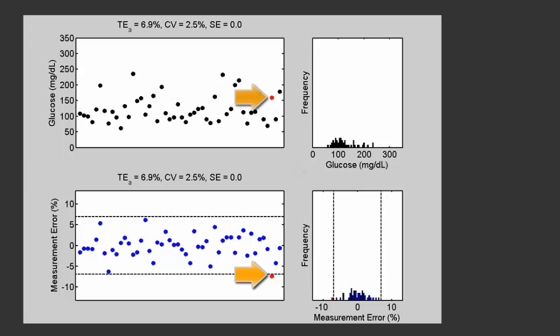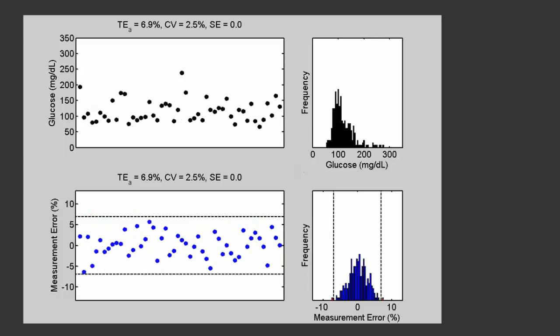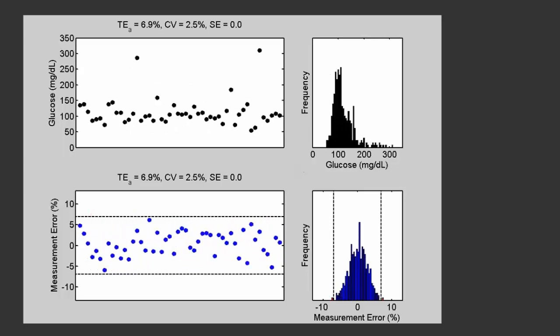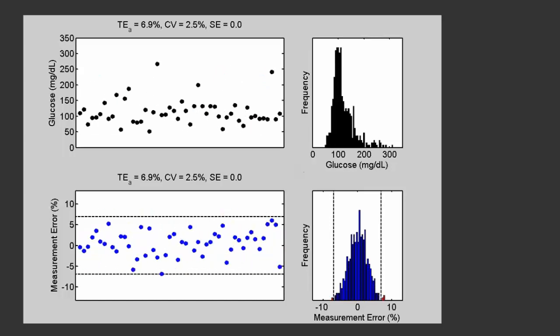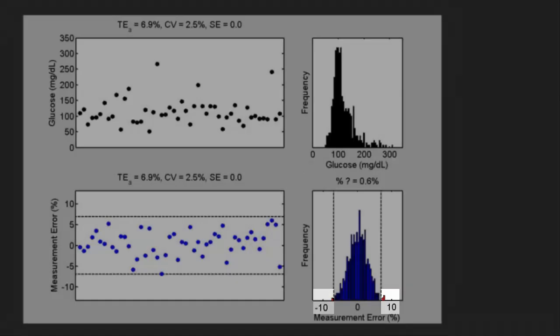There is nothing about this result that would give a laboratorian a clue that it contained an unacceptable amount of measurement error. If we continue to measure results, we see a few that are failing to meet the quality requirement. The histogram is the same as it was before, but now we see that 0.6%, or 6 out of 1,000, fails to meet the quality requirement.